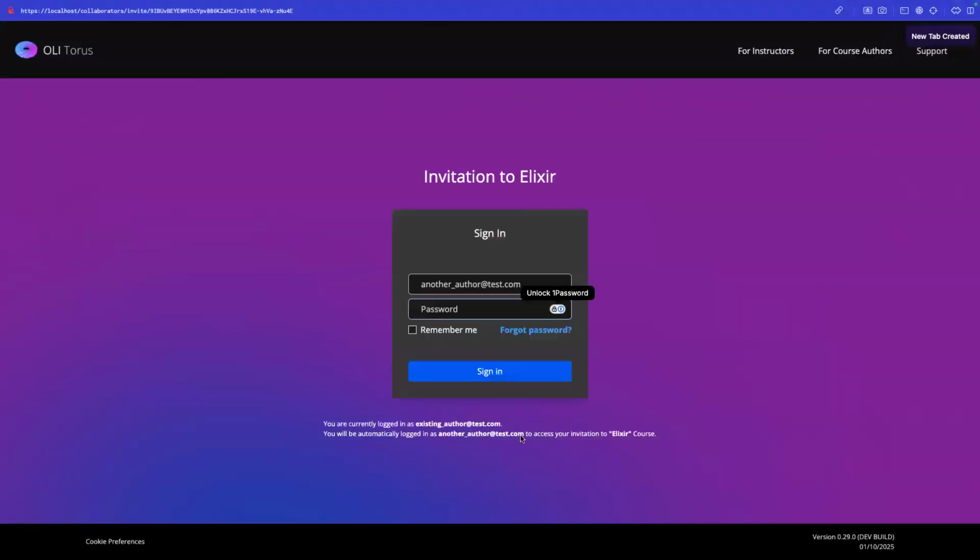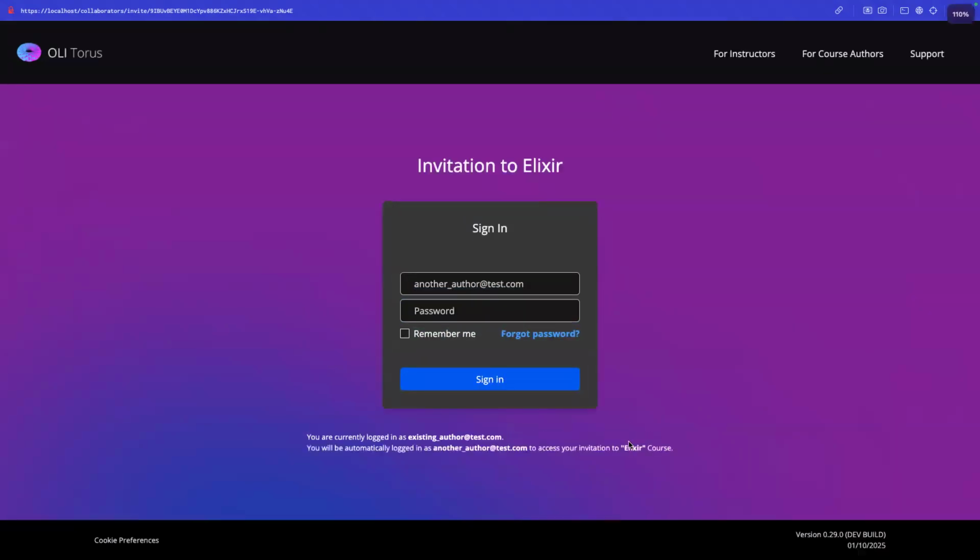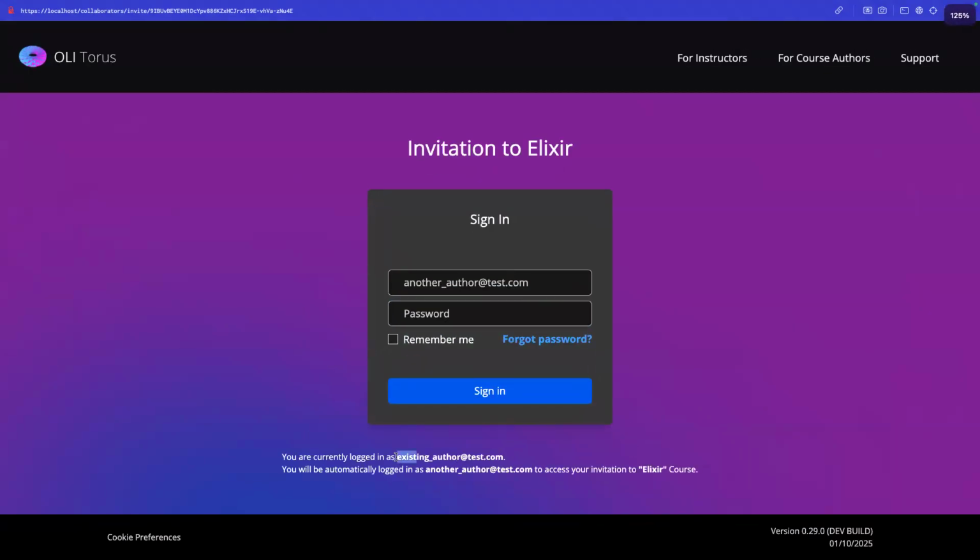We're going to accept it. And this is the thing that I wanted to show. This is a very edge case where we are inviting an author, but the user is already logged in with another authoring account. So by providing the email, he will accept the invitation, but here you get a warning. Let me zoom in. It says, hey, you're currently logged in with this account, and you're about to accept the invitation